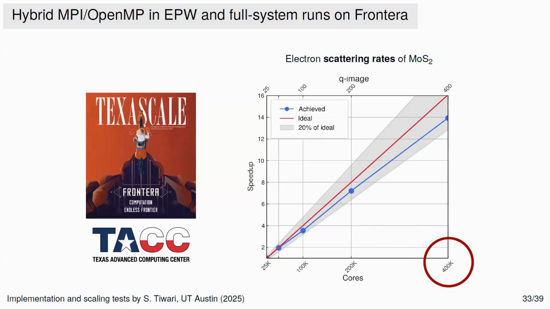If that happens, I say I have a speed up of 100%, okay? If it's less than that, it means that something is not ideal in my calculation. So what we did here is to request from TACC that they kick out all of the users of the machine, which are hundreds of users, to let us use the machine for 24 hours. And we managed to scale the code to the entirety of the machine, which is 400,000 cores. And at this level, we have a speed up of about 90%. So that's just to show that the code has been completely refactored to leverage the best supercomputers available today.